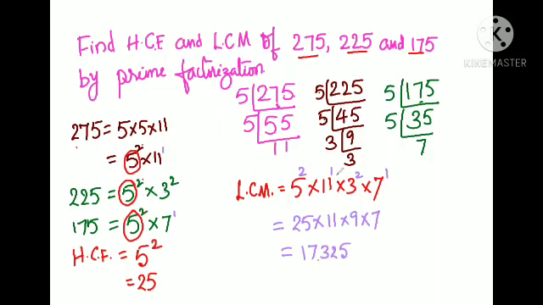This number is divisible by these three numbers. In this way, we have to find the LCM and HCF of given numbers by the prime factorization method. Then you can check whether the answer is right or wrong by using the division method also. Then the concept will be clarified. So let us take a somewhat big number, and only do prime factorization of the number: 3825.